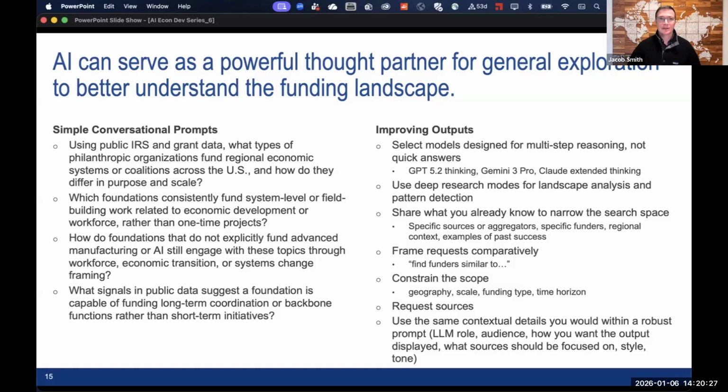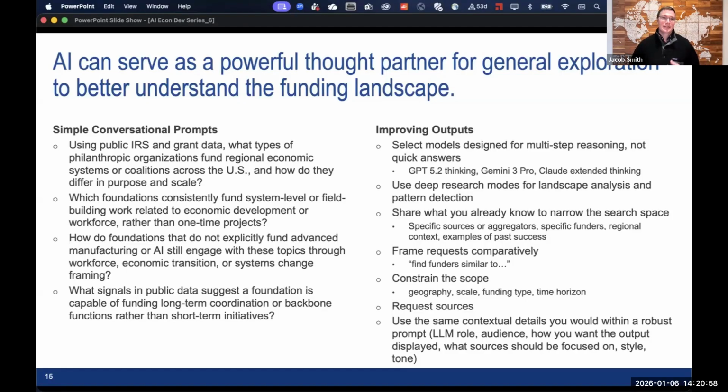There are some examples here on the left of, what type of philanthropic organizations fund specific different types of economic development? Which of these foundations tend to fund system level or field building work? How do these foundations that don't explicitly fund some of the things that are top of mind to economic developers actually engage and can provide funding for those types of efforts?